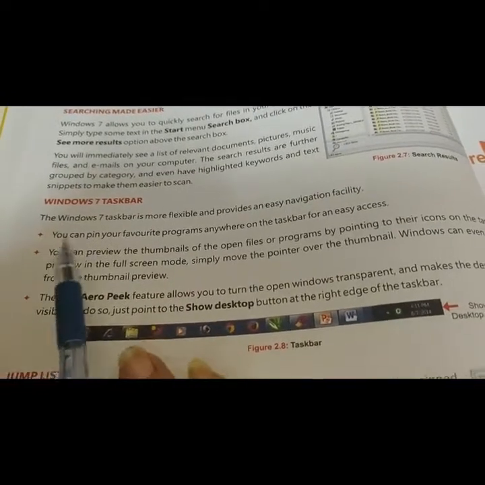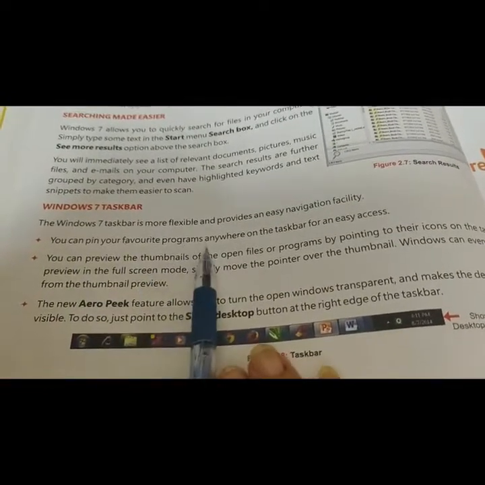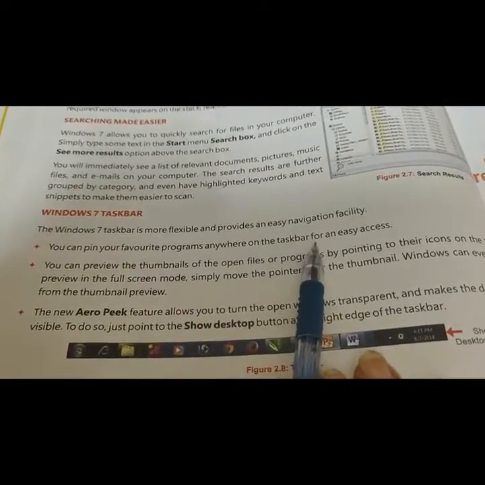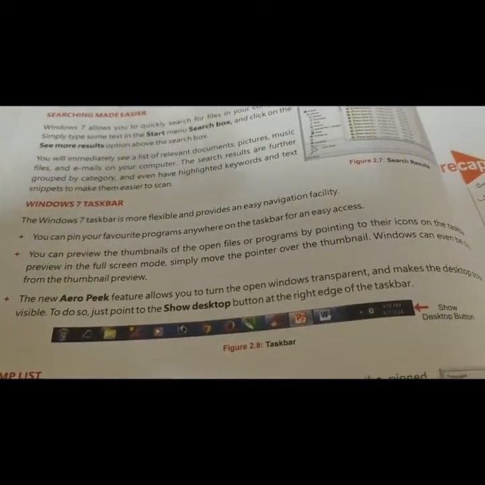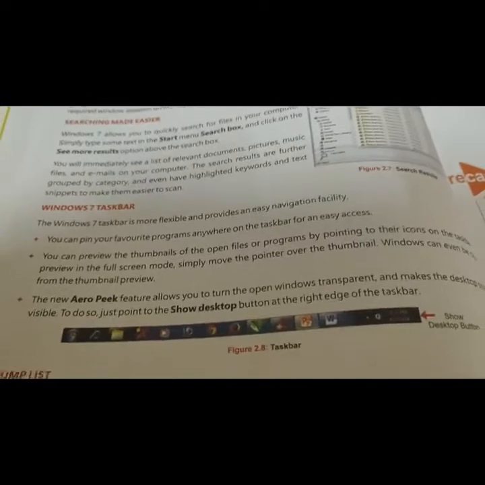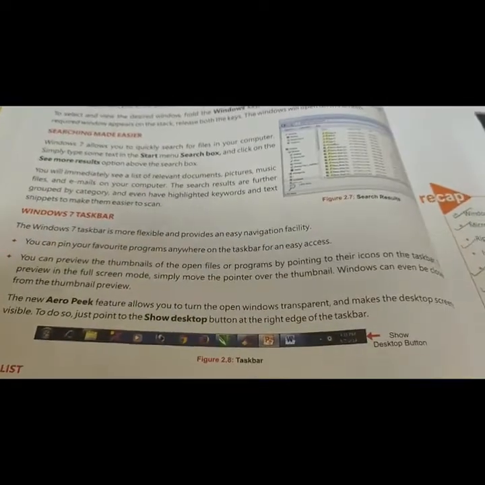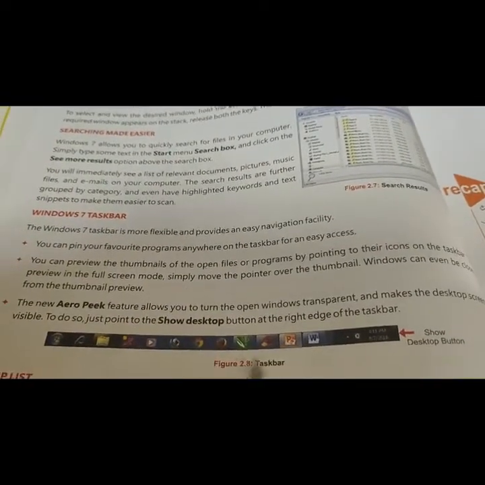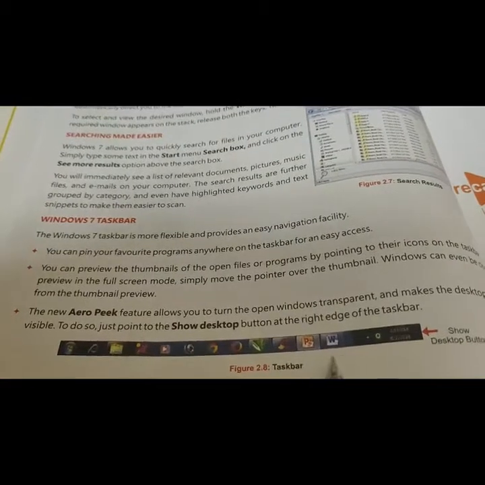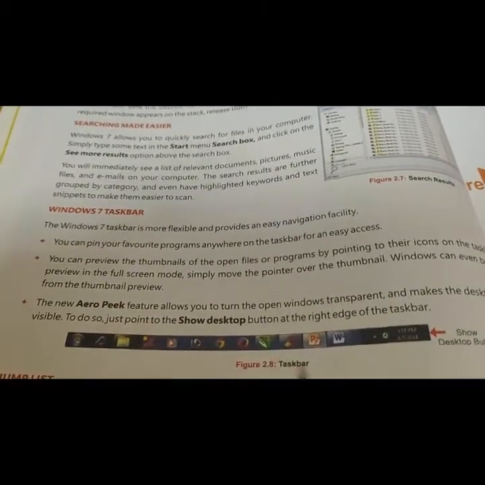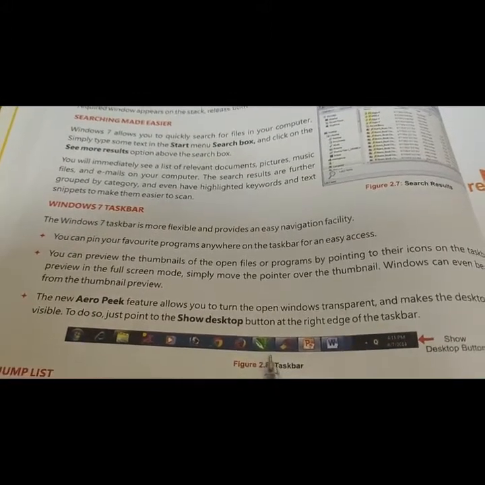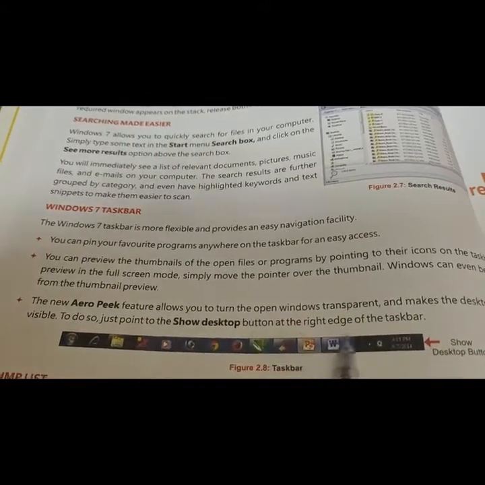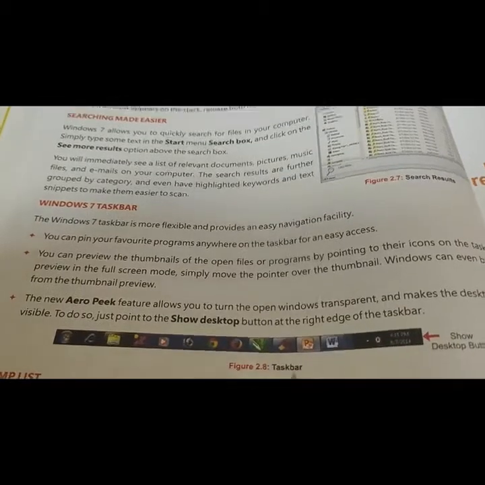You can pin your favorite programs anywhere on the taskbar for easy access. If you want to access your program very quickly, you can pin your favorite item here. You can put the shortcut icon of that program on this taskbar.